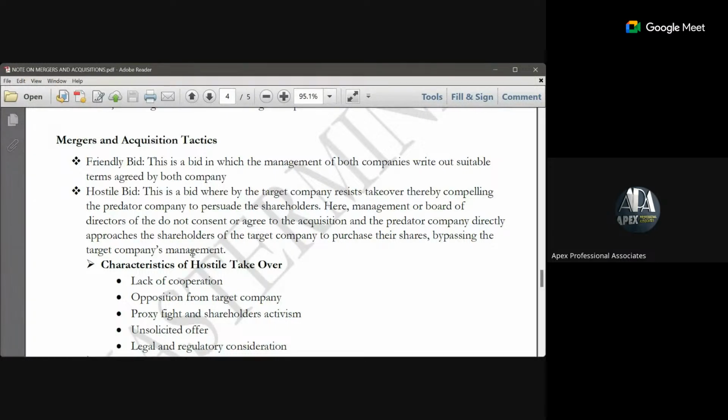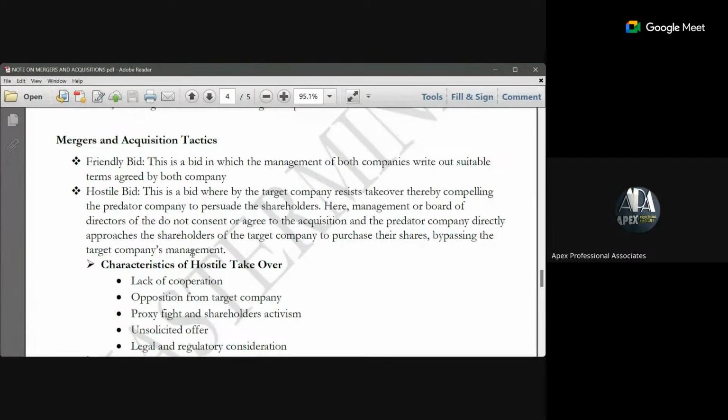Now, the target company is the company that is about to be merged, or that the other company is willing to acquire. That is the target company. Well, the predator company is the one that wants to merge, that is proposing the merger, or that is proposing the acquisition of another company. Now,